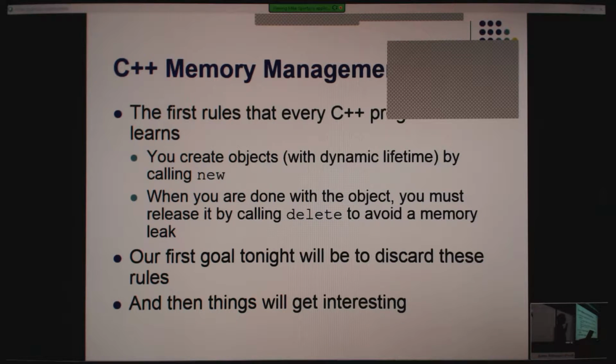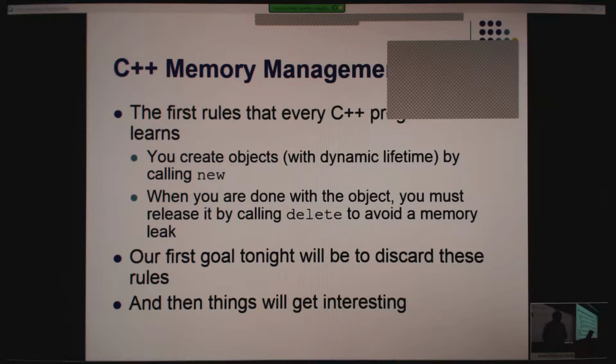But let's start at the beginning. The first rule that every C++ programmer learns is you create objects, at least those with dynamic lifetime, by calling new. And when you're done with the object, you need to release it by calling delete to avoid a memory leak. So the first thing I want to do is convince you both of those rules are wrong.